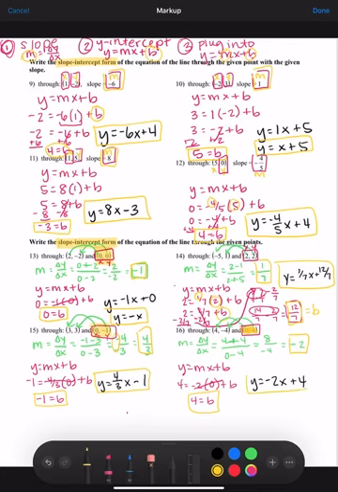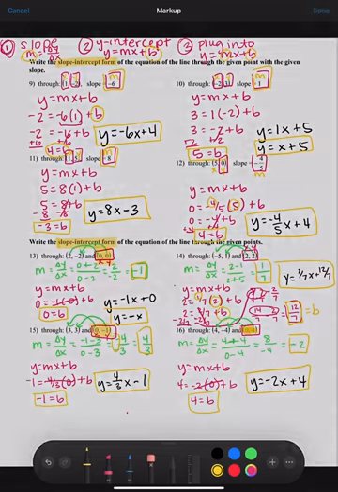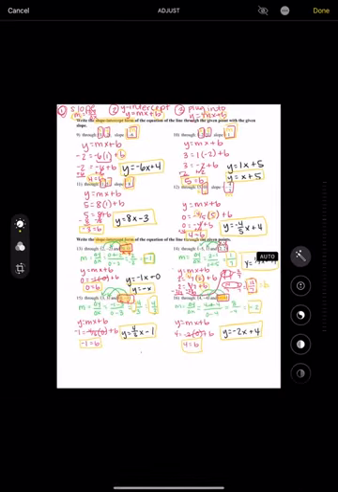All right. So that is how you figure out what the equation of the line is, given 2 points or given a point and the slope. So we've got one more page to go. We're going to be writing